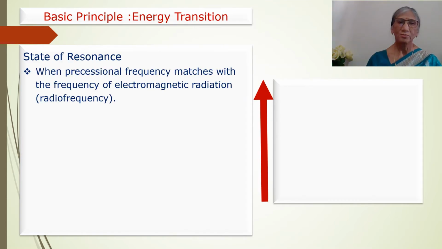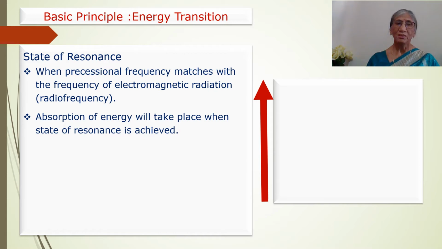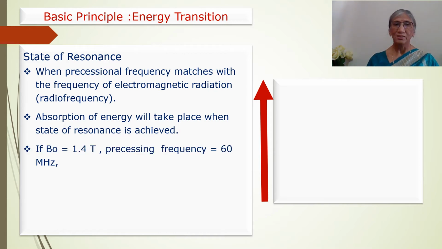The third term in NMR is resonance. So what is the state of resonance? It can be defined as when the precessional frequency of the nucleus matches with the frequency of electromagnetic radiation, then absorption of energy will take place and nuclei will flip from the lower energy state to the higher energy